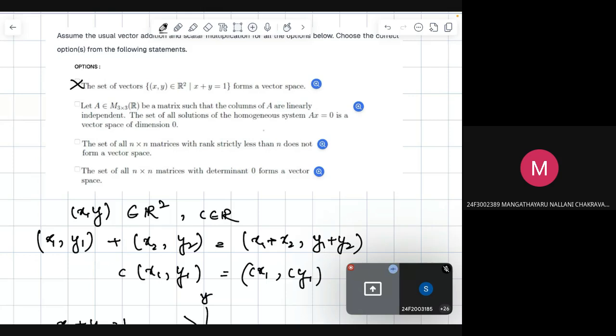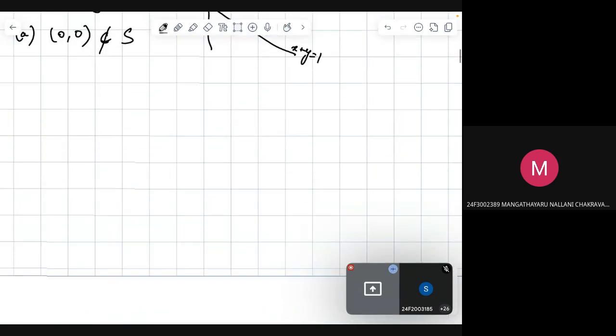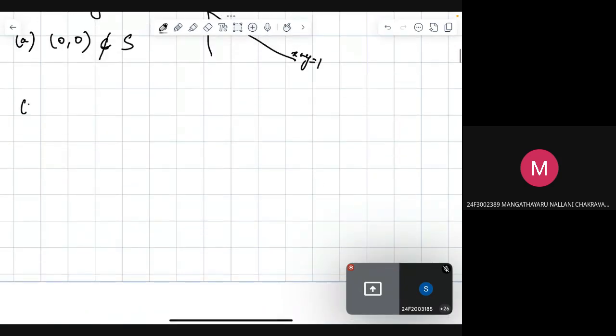Right? So, when we are looking at the second option, A is a 3 by 3 matrix and columns are linearly independent. So, when columns are linearly independent,